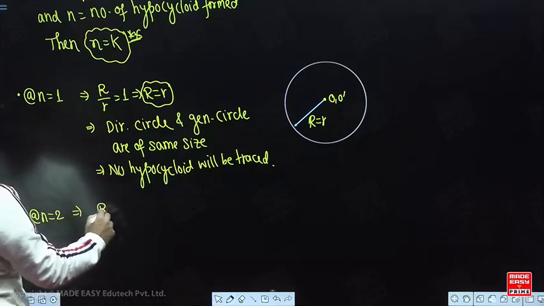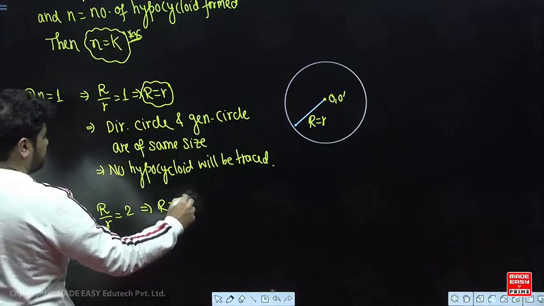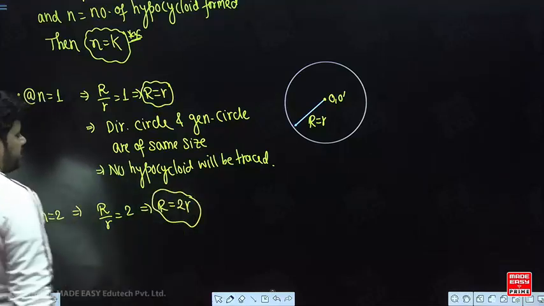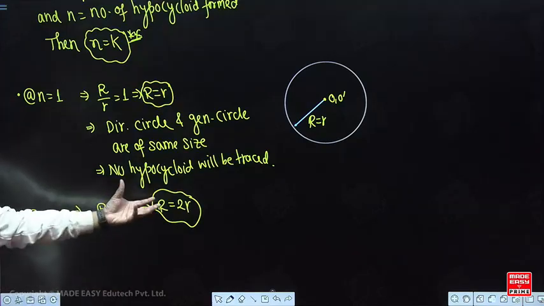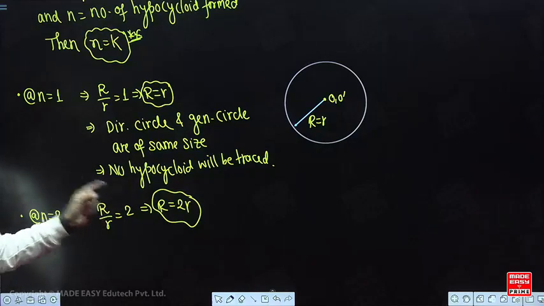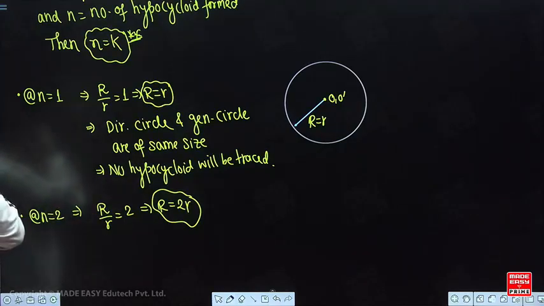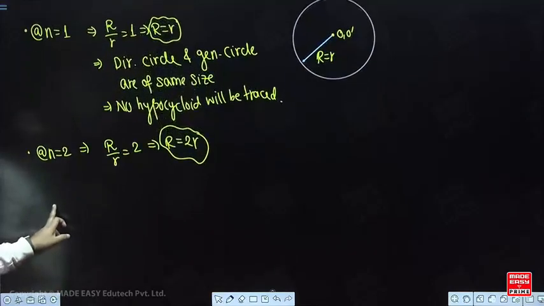अब बोलोगे ठीक है सर, मान लिया आप बात सही बोल रहे हो, n इक्वल टू 2 में बताओ क्या होगा फिर, R upon r is equal to 2, R equal to 2r। अब बोलोगे अब क्या दिक्कत है, now there will be rotation, R equal to 2r, so there will be rotation, isn't it? One circle is half of that of the bigger circle, so generating circle is half of the directing circle. अब तो रोटेशन होगा, तो फिर क्यों नहीं होगा, तो चलो बताते क्यों नहीं होगा।